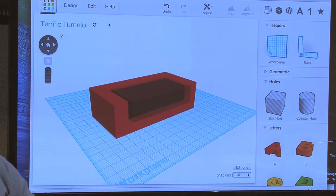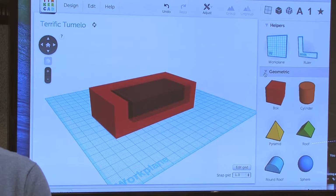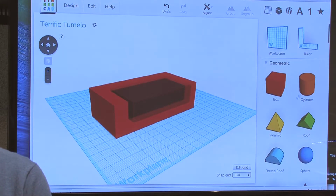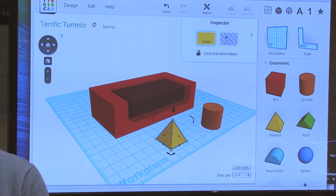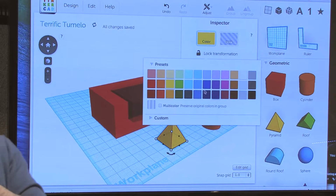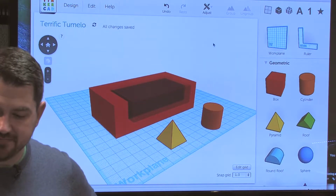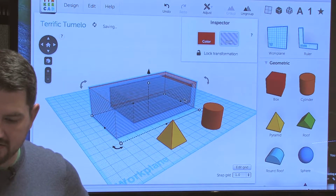There are only those two kinds of negative spaces, box and cylinder? Absolutely not. Anything can be a negative space. If you look at your geometrics, I can take a cylinder or a pyramid, and in the inspector over here, I can give it two different properties. I can give it a color, or I can make it a hole. So if I click on the object and make it a hole,